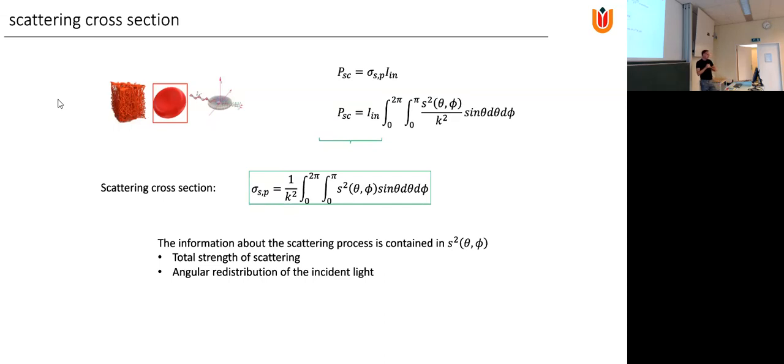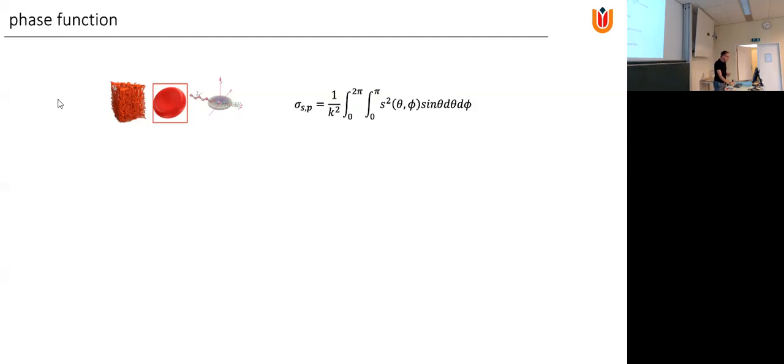All the information about the scattering process is contained in this s squared function. So the total strength of scattering, because that will translate into the scattering cross section, and also the angular redistribution. Most of the time, it's convenient to split these two quantities, the total strength and the angular redistribution. So you can split this equation